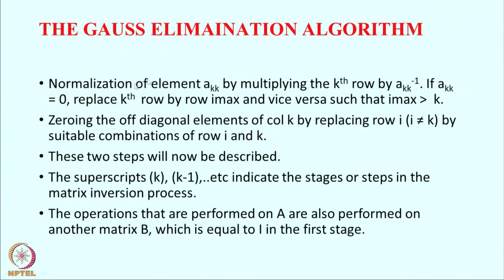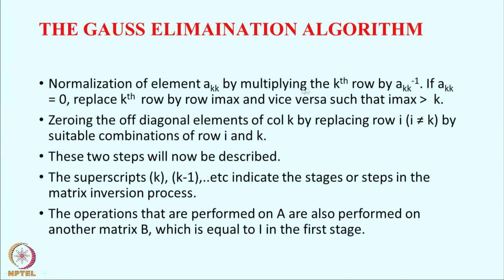I shall just summarize my algorithm, because we will have to use this algorithm throughout our program. So, what is my Gauss elimination algorithm? Whenever I have a matrix, suppose I have element AKK. So, what do I want to do? I want to normalize that element AKK by multiplying the kth row by 1 by AKK. So, what will happen when I multiply the kth row by 1 by AKK? The diagonal element will become 1, that is my normalization.